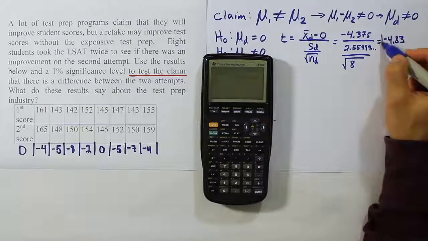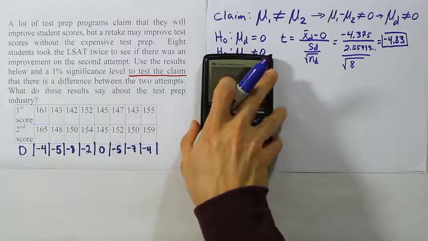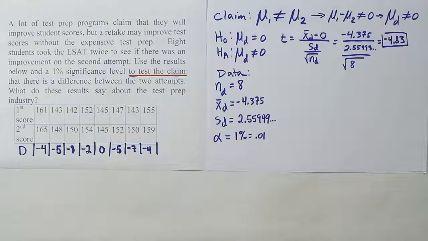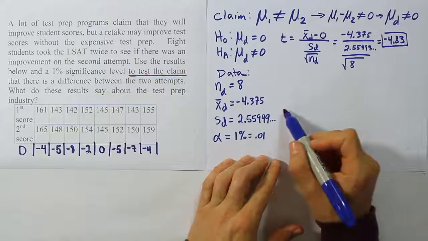Okay, so I can tell this is a pretty extreme test statistic. At this point, if I was by myself doing this for my own personal knowledge, I would stop and say that means that we reject the null hypothesis, because I can tell that number is extreme enough that we're going to probably be able to reject the null hypothesis. It's going to fall into the rejection region. But to be sure, I better calculate the critical value or determine what the critical value is and compare it against that. So I'm going to draw a bell curve.